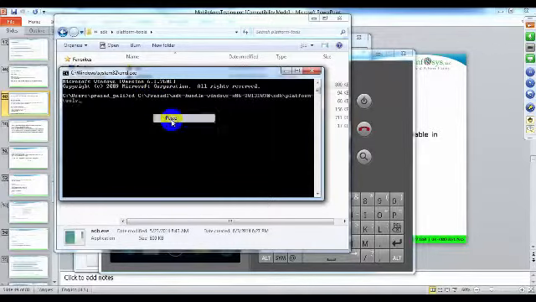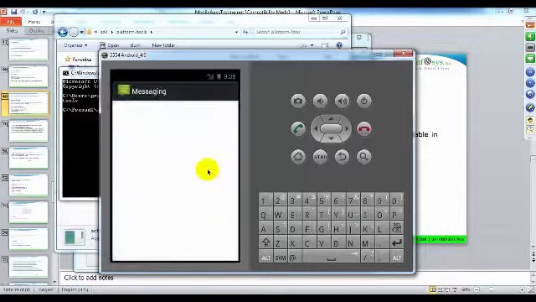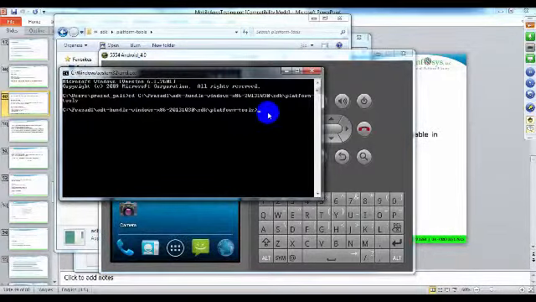Change your directory, and then say ADB install. Give the exact path. My APK is available under C drive, in this particular location.